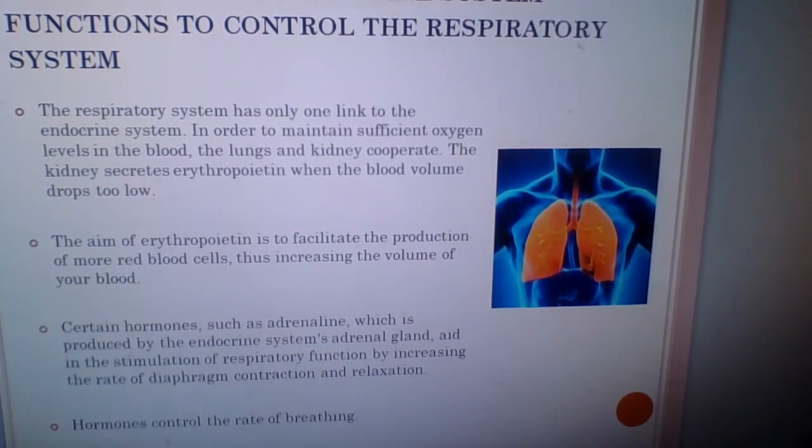How does the endocrine system function to control the respiratory system? The respiratory system has only one link to the endocrine system. In order to maintain sufficient oxygen levels in the blood, the lungs and kidney cooperate. The kidney secretes erythropoietin when the blood volume drops too low. The aim of erythropoietin is to facilitate the production of more red blood cells,